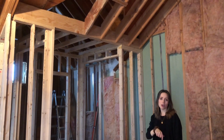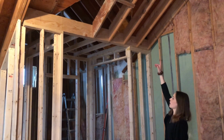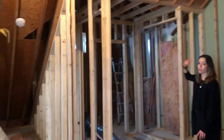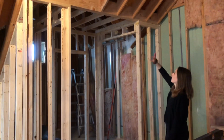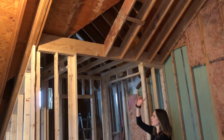I think the biggest change is over here, where, if you look back to my previous video, I'll link it down below, of our initial attic tour, these rafters went all the way down to the floor and there was plywood on top of them, so you couldn't even see into this bathroom area at all, which I'll take you through too. But as you can see here, they've cut them, they've added this triple beam, and then on this side too,